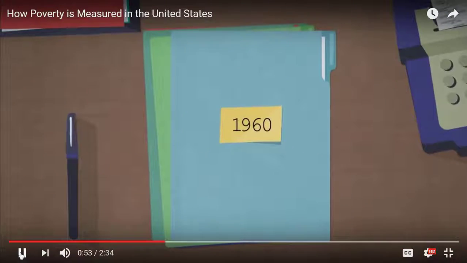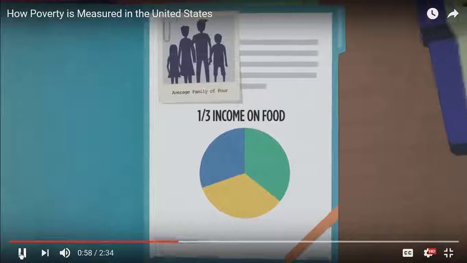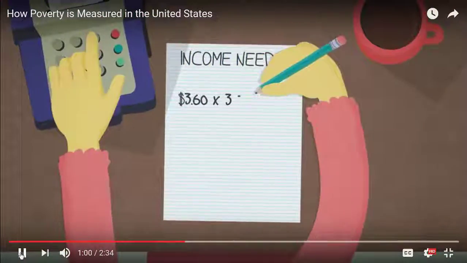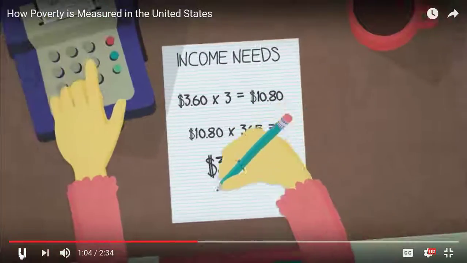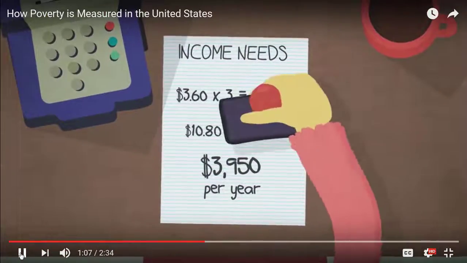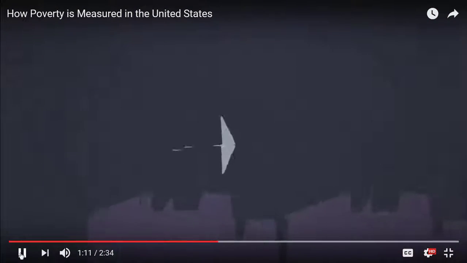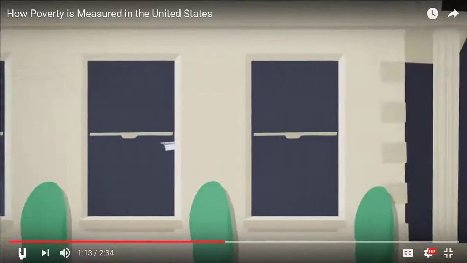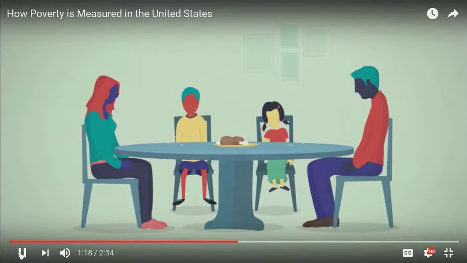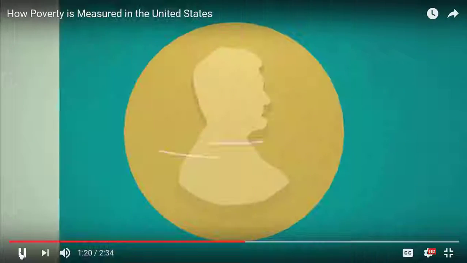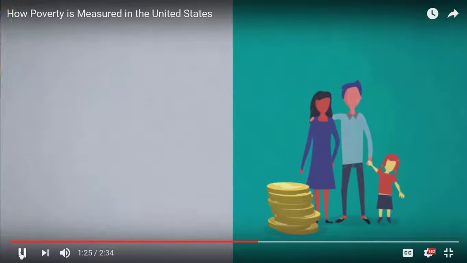In the early 60s, the average family spent about 1/3 of their income on food. So Orshansky calculated the cost of feeding that family using the cheapest government food plan. Then she did some simple math. Since the Census Bureau needed a yardstick, Orshansky's method was pressed into service as the official poverty measure. Its shortcomings, however, were stark. Not only was the food plan unrealistic for daily life, the measure was absolute. A family that earned even 1 penny more would not be considered poor.